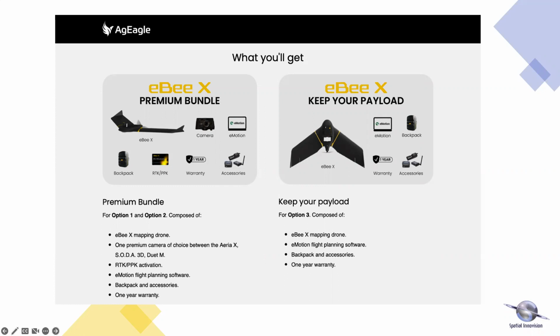When you keep your payload, when you trade up, you would get an eBee X mapping drone, one of the regulatory compliant ones, the eMotion flight planning software, the backpack, and the accessories. And again, this is if you keep your payload. If you have any questions about that particular offer, you can always email us at